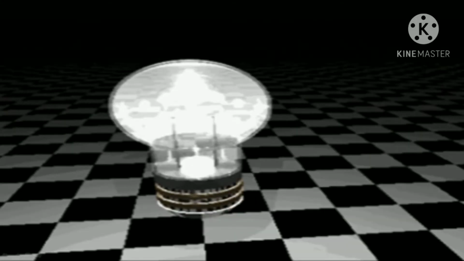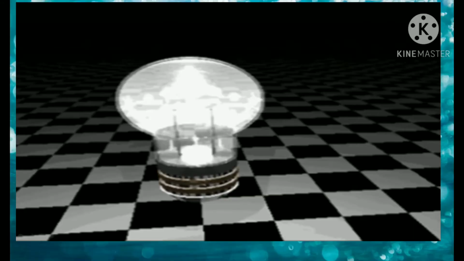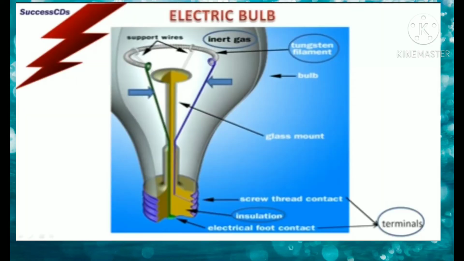The next important component for lighting is the bulb. Bulb is a device which is used in an electric circuit to produce light. Bulb is made up of thin, spherical glass which is fixed on a metallic base. Inside the bulb there is a coiled wire made up of tungsten known as filament. When the bulb is switched on, this filament is heated and produces light. The filament is attached to two thick wires which also provide support to it.